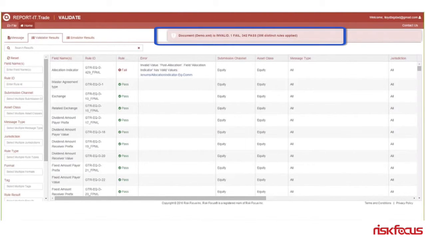This failure says that there's an invalid value in one of the fields. So the field allocation indicator has an invalid value of post allocation, where post is capitalized, allocation is capitalized, but there's a hyphen between the two words. So normally you need to start researching, going back to your specification to figure out, well, what are the valid values to put in this field? And yet here,